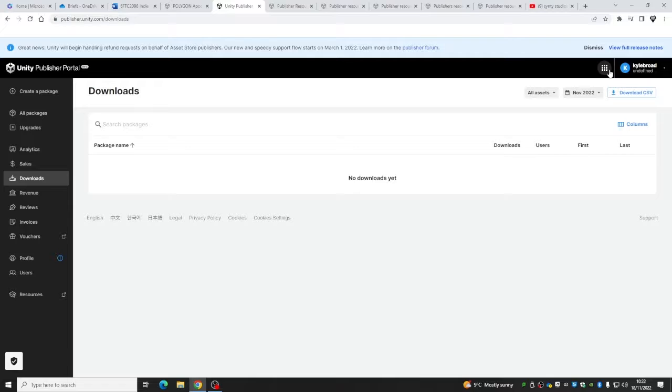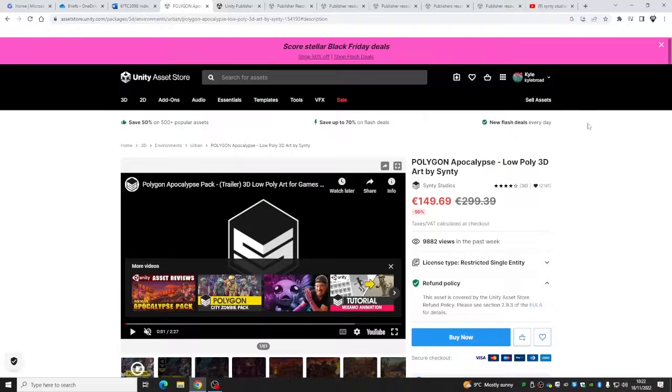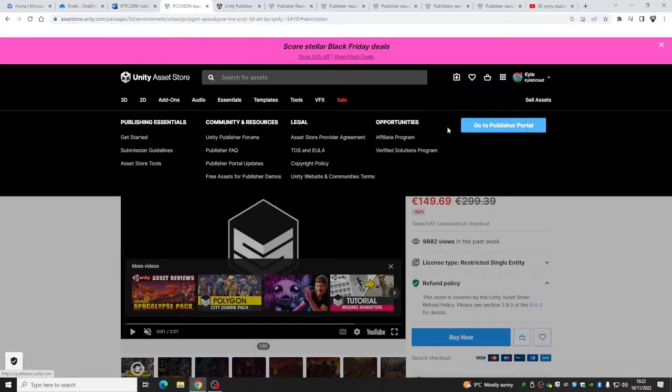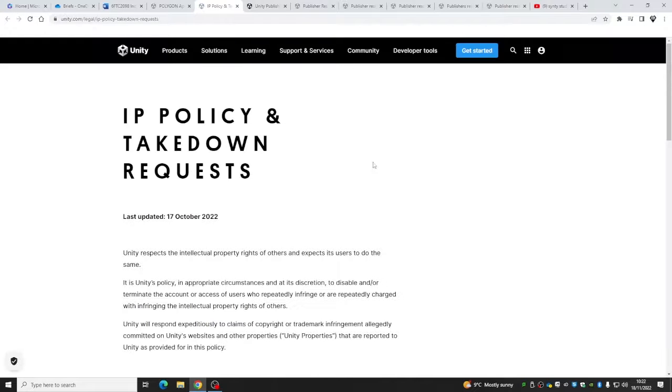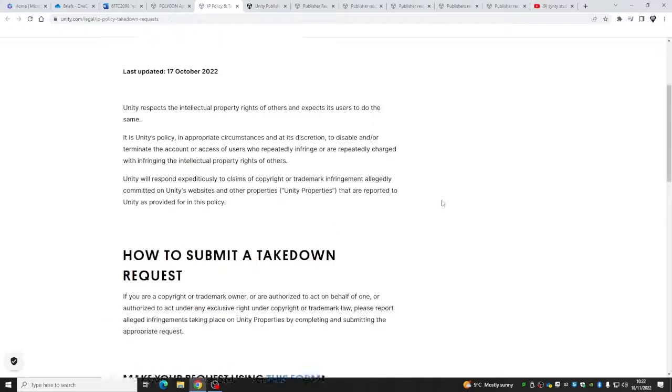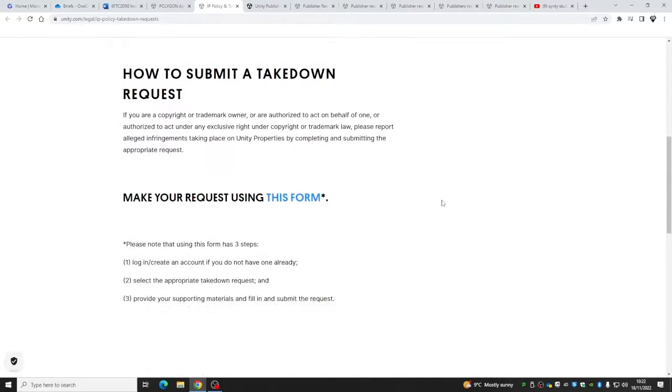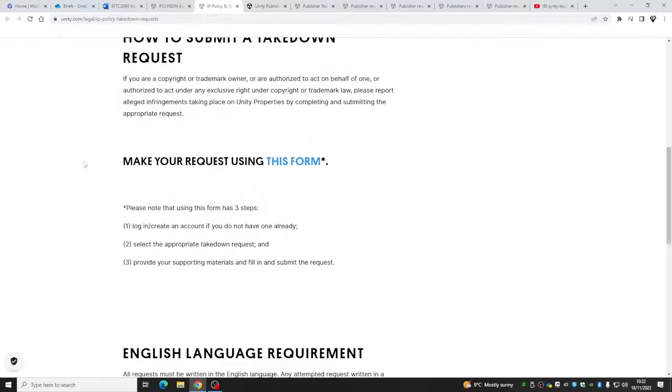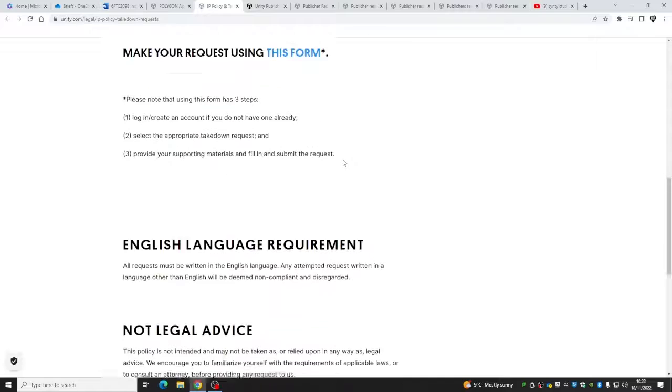What we will have to have a look at, if we go back to affiliate program, copyright policy. This is something that you will have to have a look at as well. So how to submit, take down some content, make your request using this form.